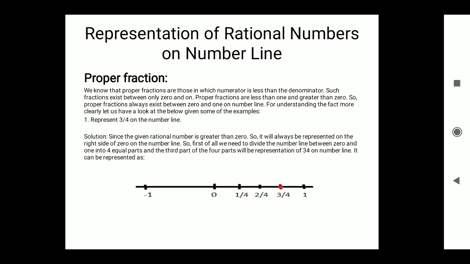It can be represented with -1 on the left side, in the middle there is 0, then 1 by 4, that is 25%, 2 by 4 that means 50%, 3 by 4 means 75%. Alright,